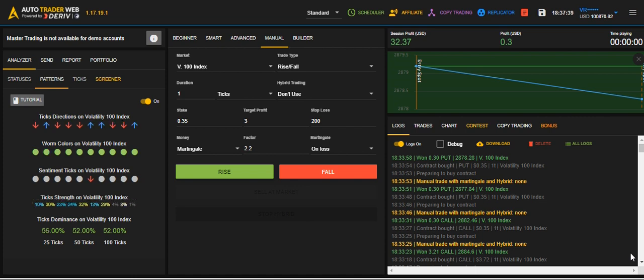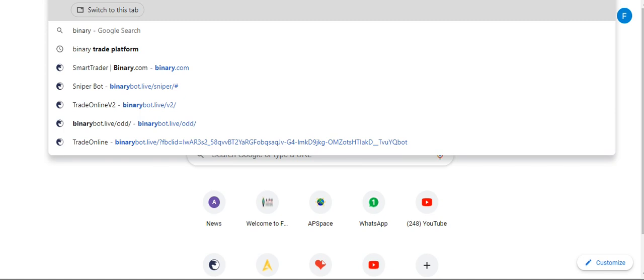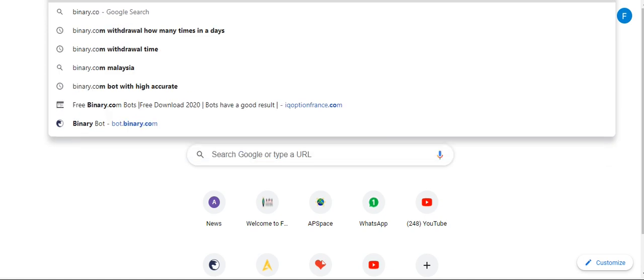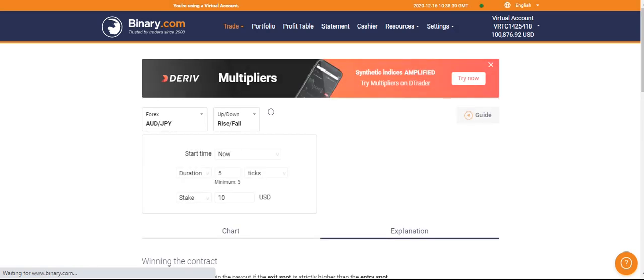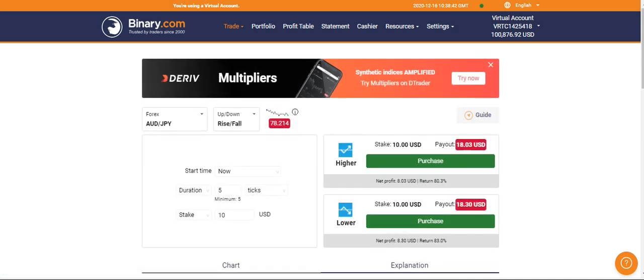The next trade also you have to put immediately. You cannot delay it. Meanwhile you have to concentrate on your martingale or anything. Let me show you one. I'm going with the basic website, binary.com. If you open this particular type of tick picker, you can see YouTubers have given free bots for the tick picker, but with the tick picker you have to click manually and find out the way, purchase or sell, immediately you have to put it, and meanwhile concentrate to change the stake and immediately put the martingale again.